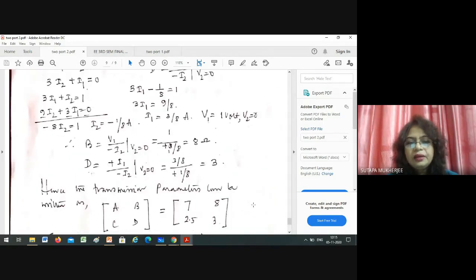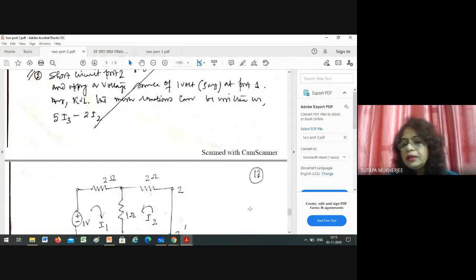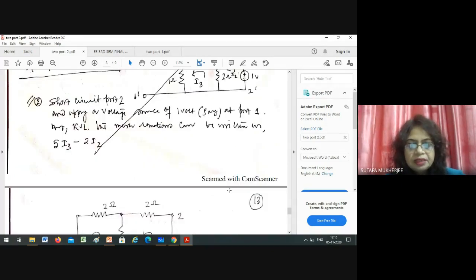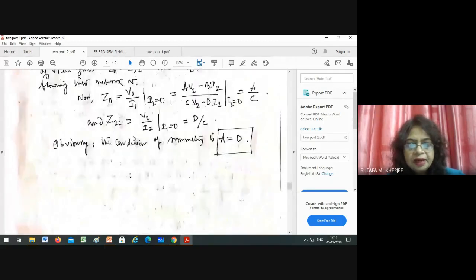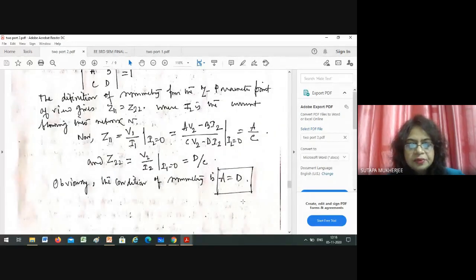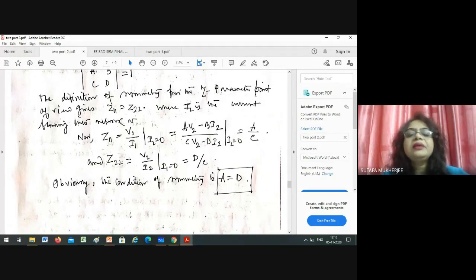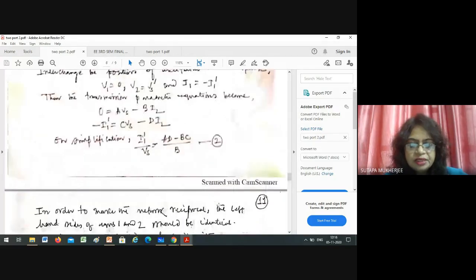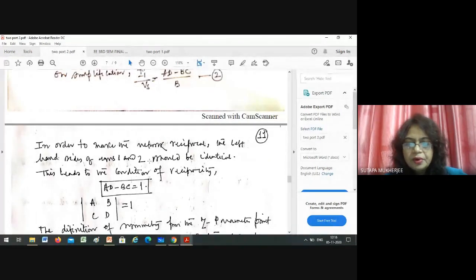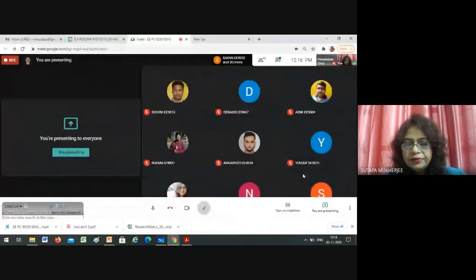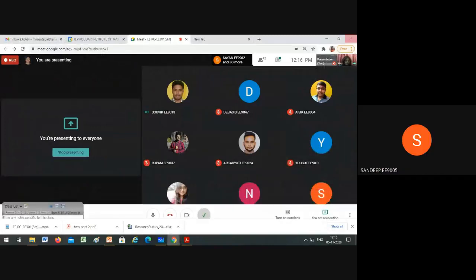That's all for today. Today we have covered a problem on Y parameter, and the theory of reciprocity applicable in case of Y parameter, Z parameter, the condition for reciprocity and the condition for symmetry in case of Y parameter, Z parameter and ABCD parameter. And what is ABCD parameter? How can you determine the ABCD parameter with a particular problem? Is it clear to all of you up to this? Yes, ma'am.